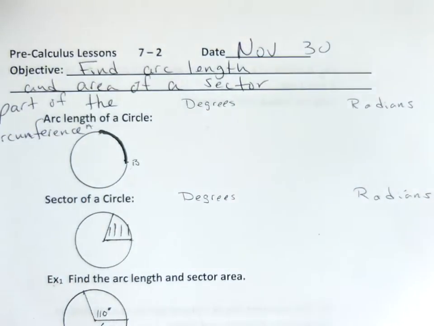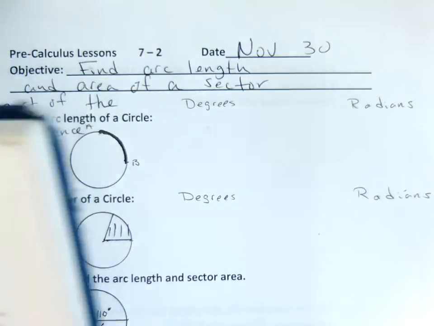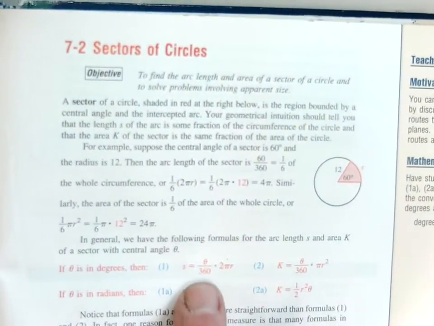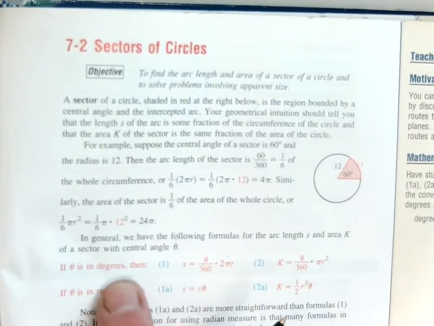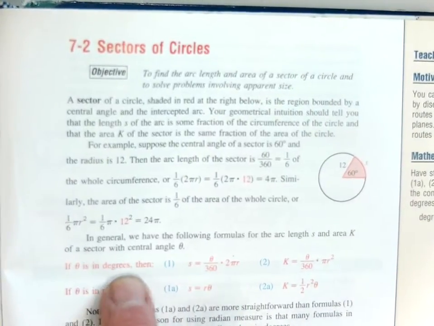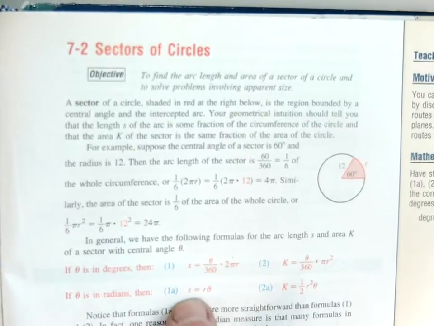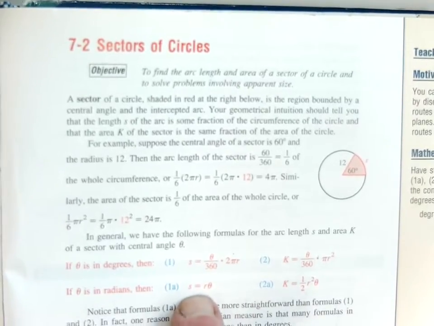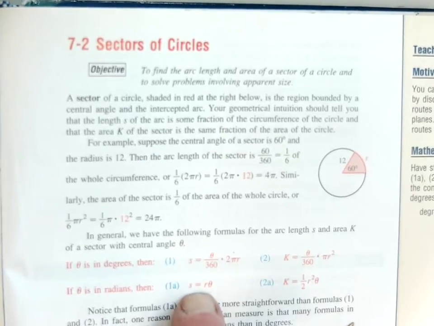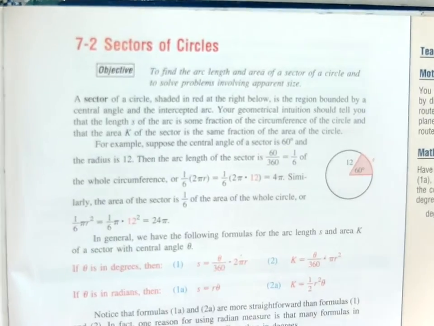So if I look at my formulas on page 263, I've got two different formulas. One is in terms of degrees, and then the other is in terms of radians. Now before I write them down, look how simple the one is in terms of radians, right? So the whole reason is that radians are connected to the arc length, right? So our formula for arc length